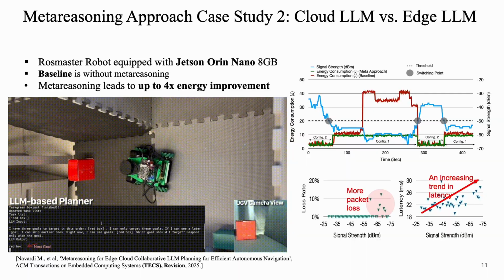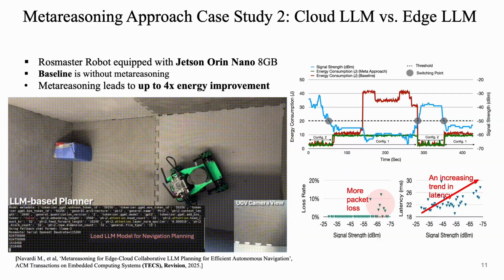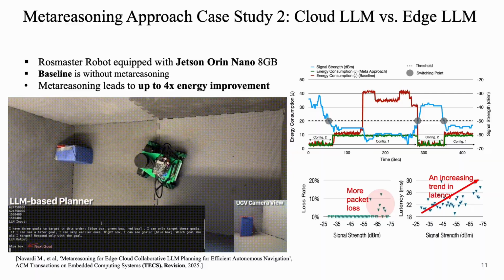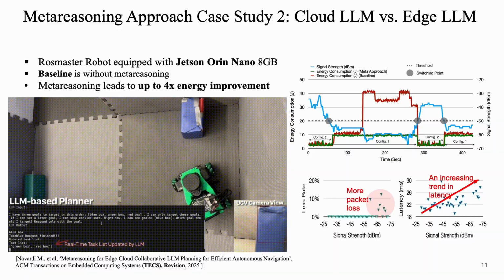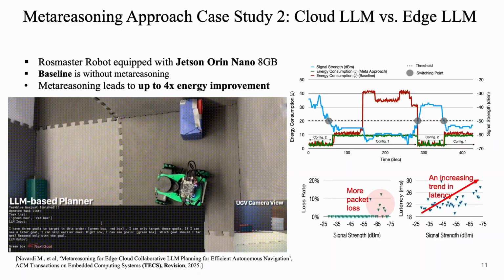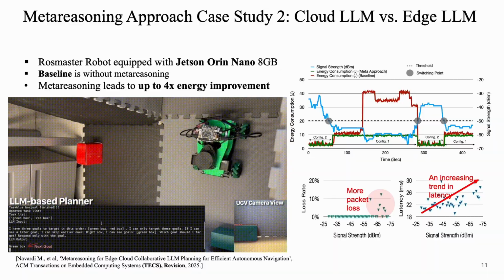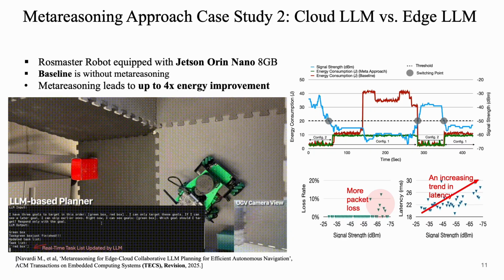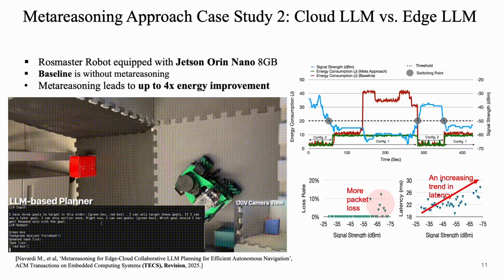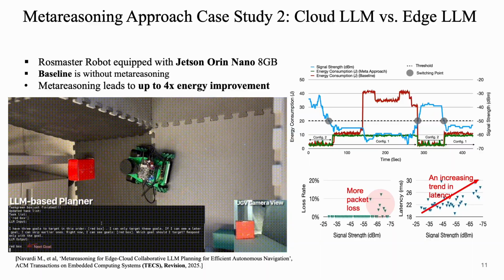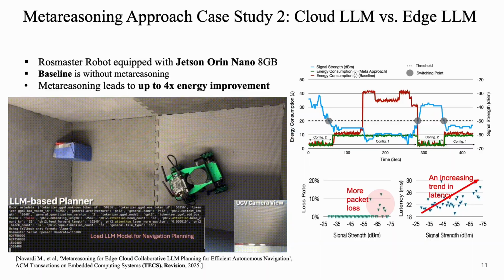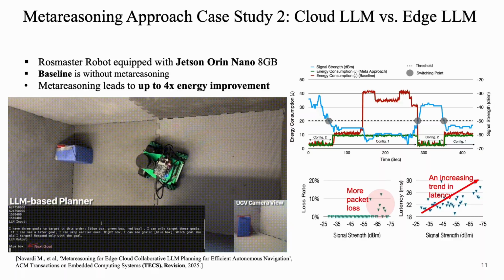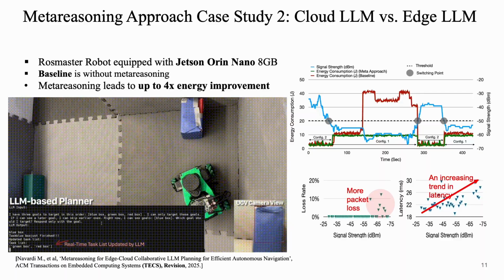In the chart, the baseline red plot relies on cloud computing alone. As network strength, the blue plot, weakens, energy consumption spikes. Meanwhile, the meta-reasoning green plot keeps energy usage in check, up to 4 times more efficiently, by switching at the right moments. For example, config 1 might draw 10 joules onboard, while config 2 can be as low as 4 joules with a robust signal but can skyrocket to 40 joules when the signal is weak.